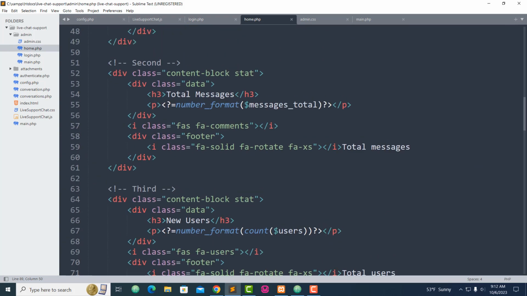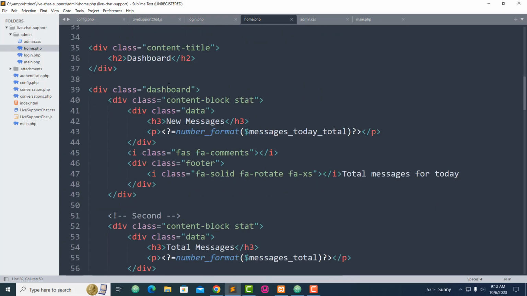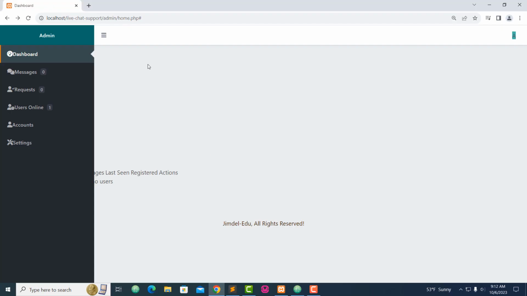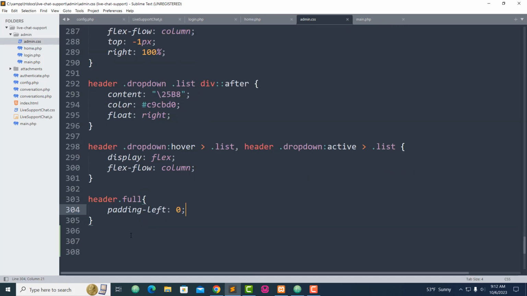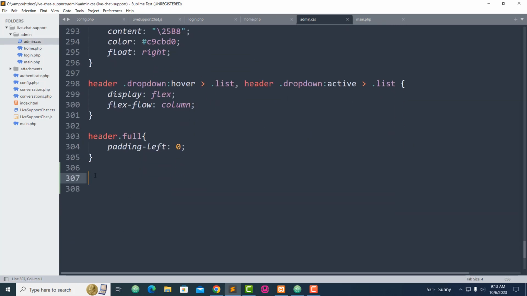Now let's continue. Let's start from here. If you open home.php, I'll show you, we add new messages and total messages, and put them inside the main admin dashboard here. Let's add some CSS because we already have the code. Go back to admin.css. This is where we left off, and now I'm going to call it